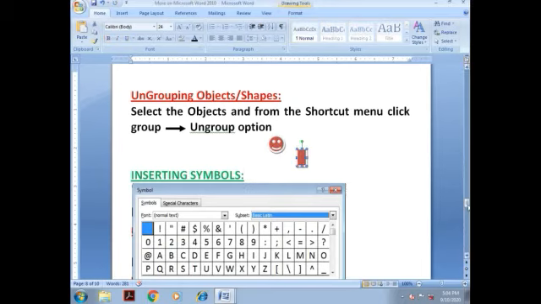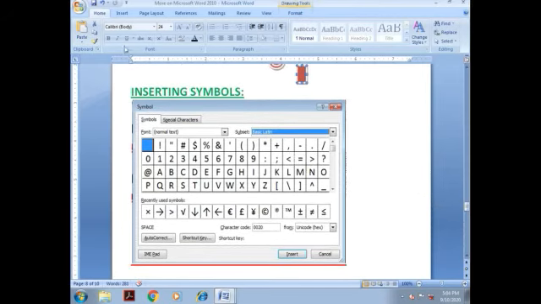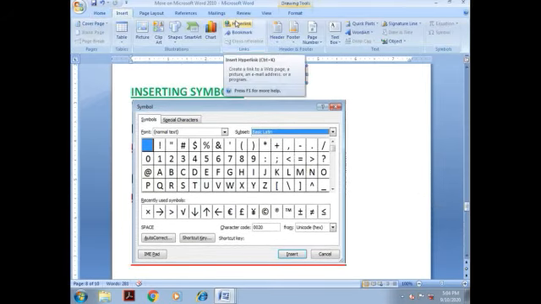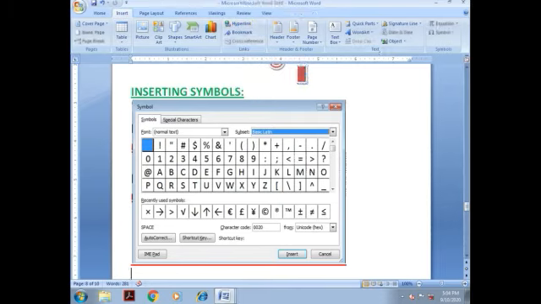We can insert any symbol in our document. To insert a symbol, go to the Insert tab and the Symbol option is there. There we have epsilon, infinity, greater than or equal to, mu, multiplication, division. All these symbols which are used on a daily basis are available in this symbol group. And if we want more symbols, then we will go to More Symbols.